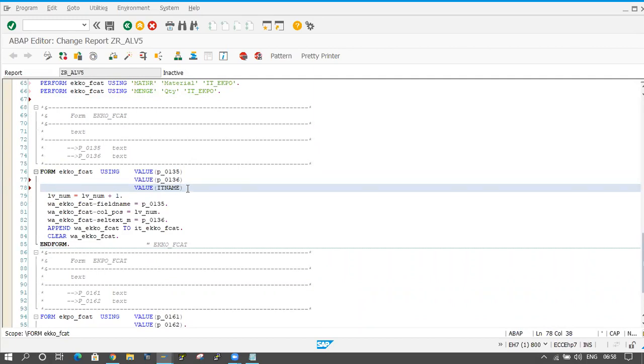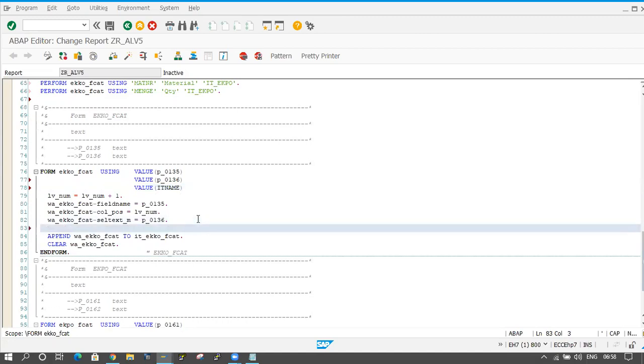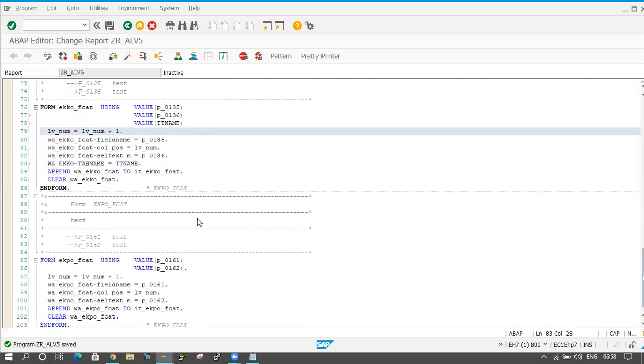You can take any name here, that is not fixed. Okay, and here I have to pass that internal table name also to the field catalog. So I am passing work area EKKO hyphen table name, or tab name, equal to IT name. Save it. Check it.